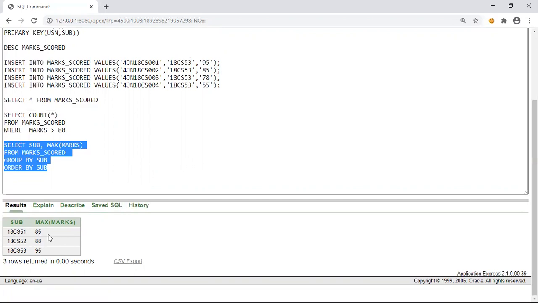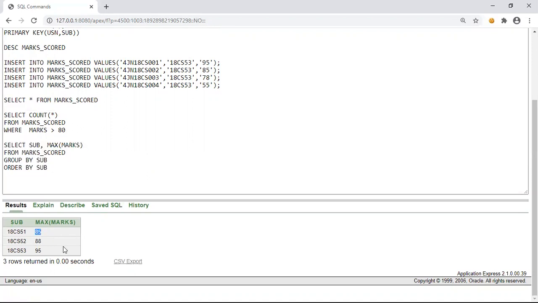But if we look at this particular data, it will not be that helpful, because who is the one who has scored the maximum marks in that subject, we are not able to see it. That is, who has scored 85. So we want to know the highest scorer in that particular subject.